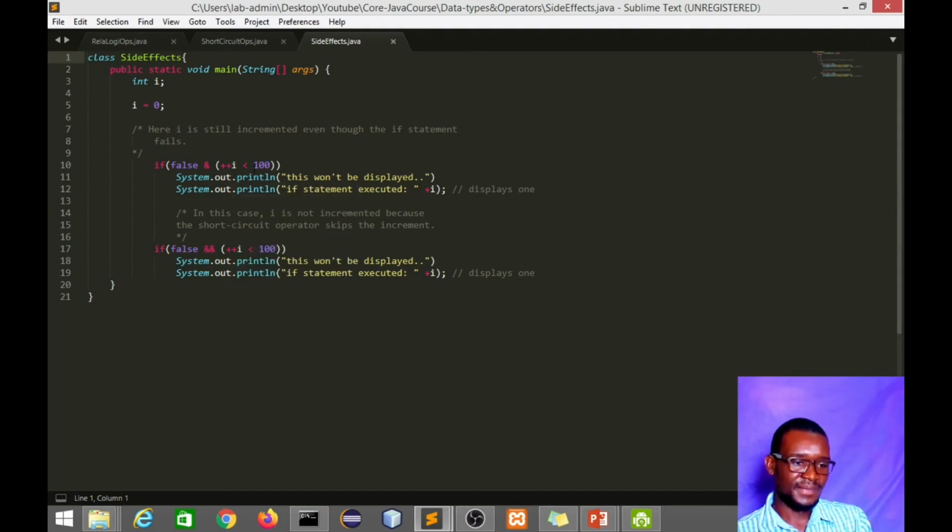So if I is incremented, even if I is 0, even if I is 1, we say it is less than 1, and then this is the statement. If the statement is executed, that's 1. So this is what will be displayed. I will be 1. And here in this case I is not incremented, because the short circuit operator skips